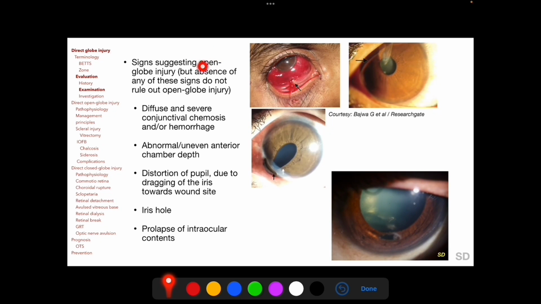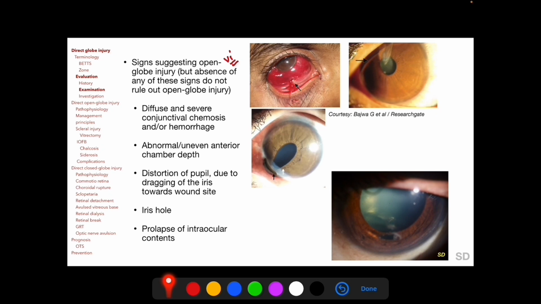Signs suggesting an open globe injury are very important to look for during the initial ocular evaluation, but absence of any or all of these signs does not rule out an open globe injury. These signs include diffuse and severe conjunctival chemosis and/or hemorrhage, as seen here in this clinical photograph, abnormal or uneven anterior chamber depth, as seen here in this clinical photograph, with the anterior chamber depth usually being shallower than normal with an anterior full thickness defect, and usually deeper than normal with a posterior full thickness defect,